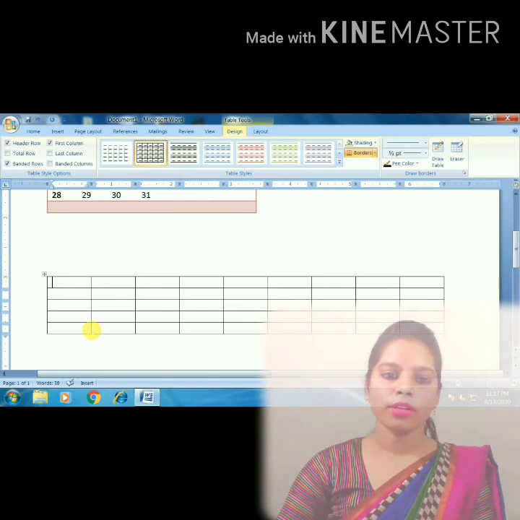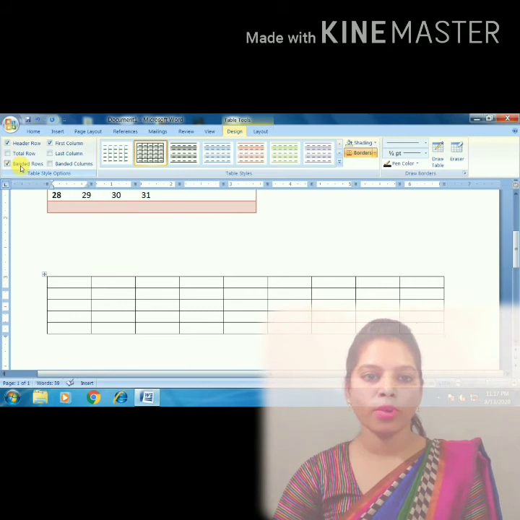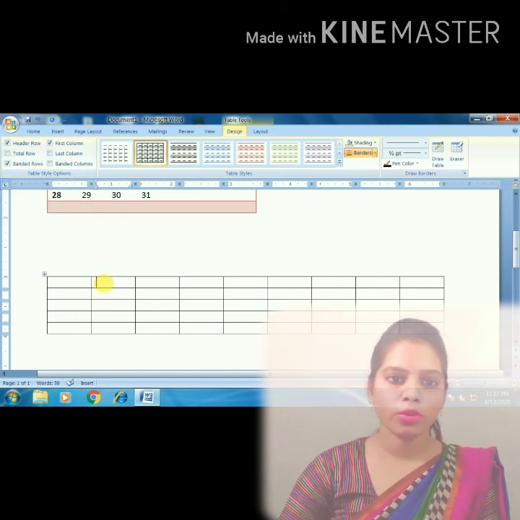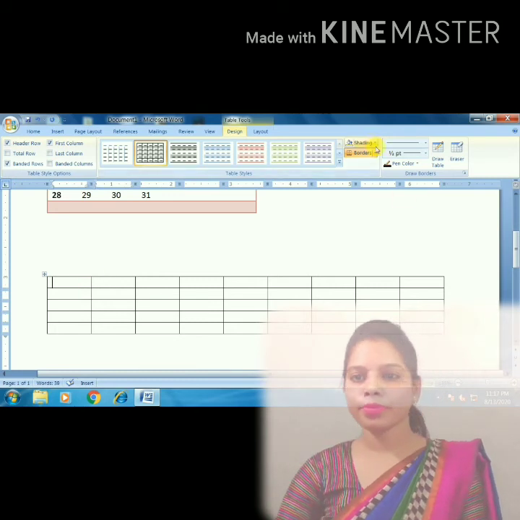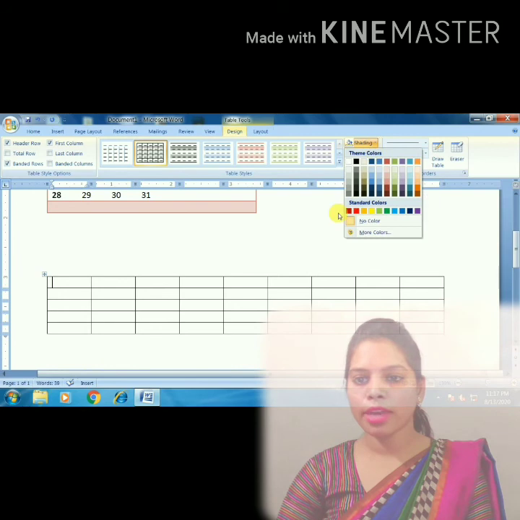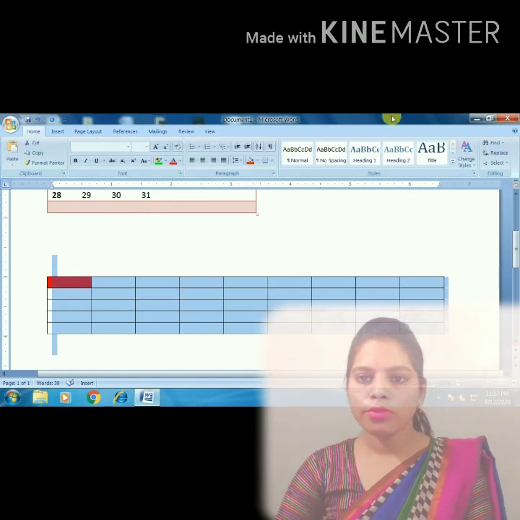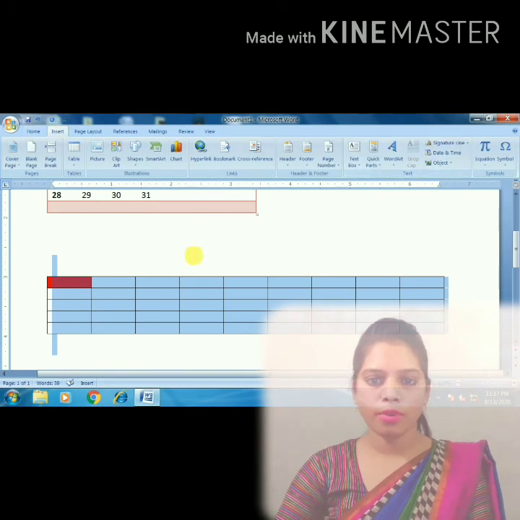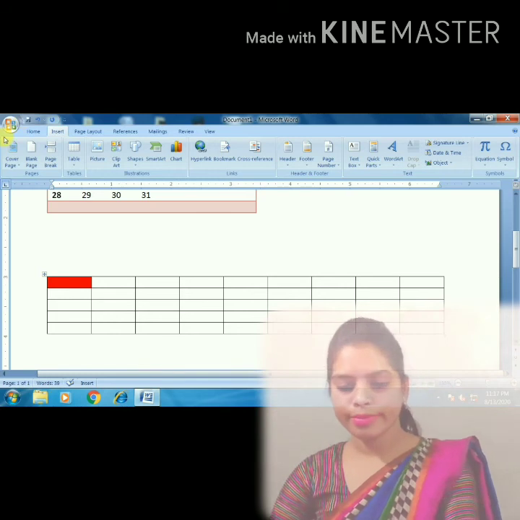That row is called footer. After then, total row. How many rows are here? Banded rows. First column, see, we have clicked over here, so it is showing over here like this. After this, shading, we can make shade from here. It will show the background of the cell in colored format. After then, using insert table.